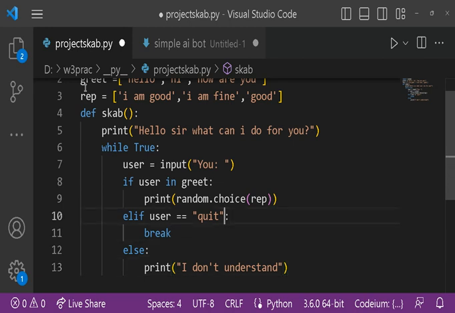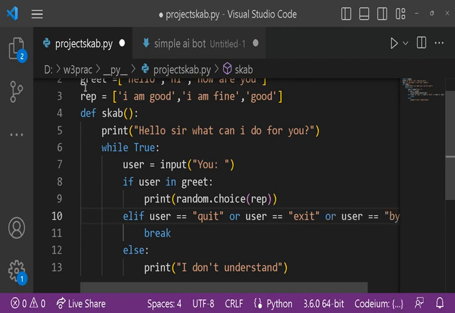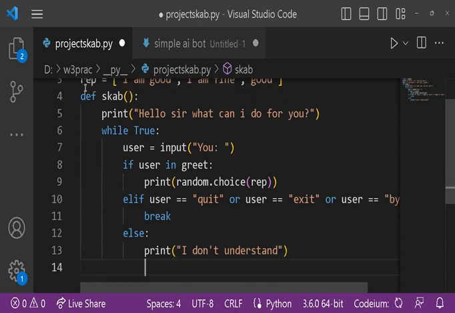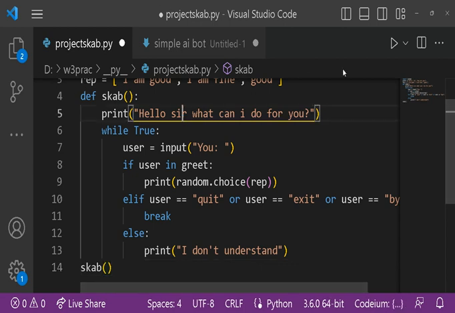So we definitely want to call exit. Okay. Now we will call our function, because without calling it, it will not run.